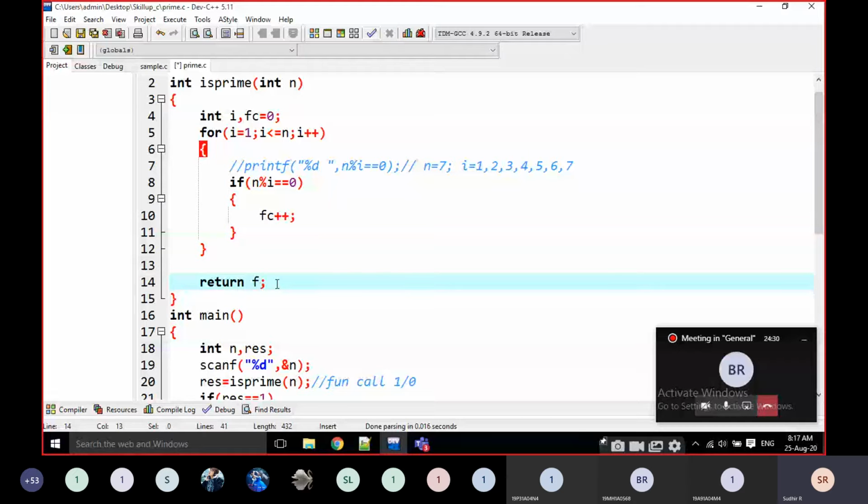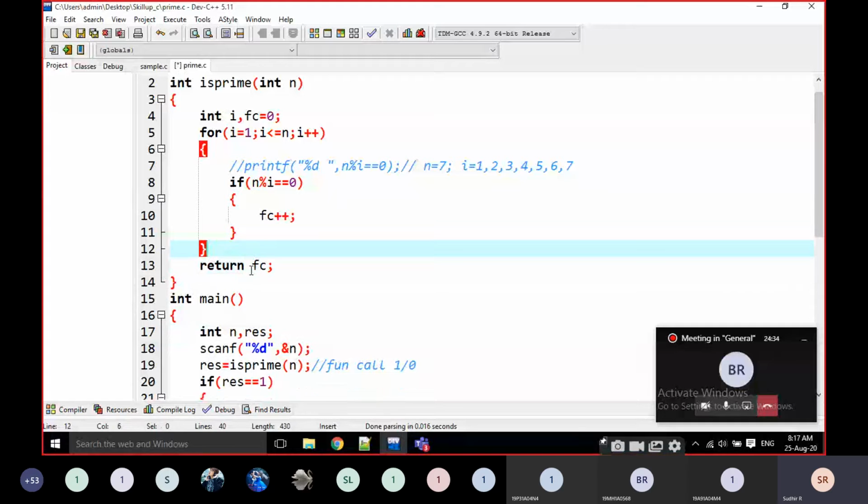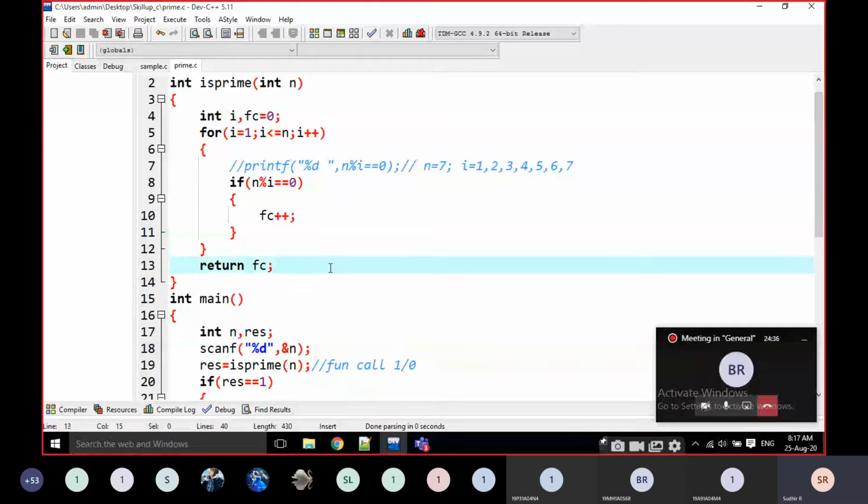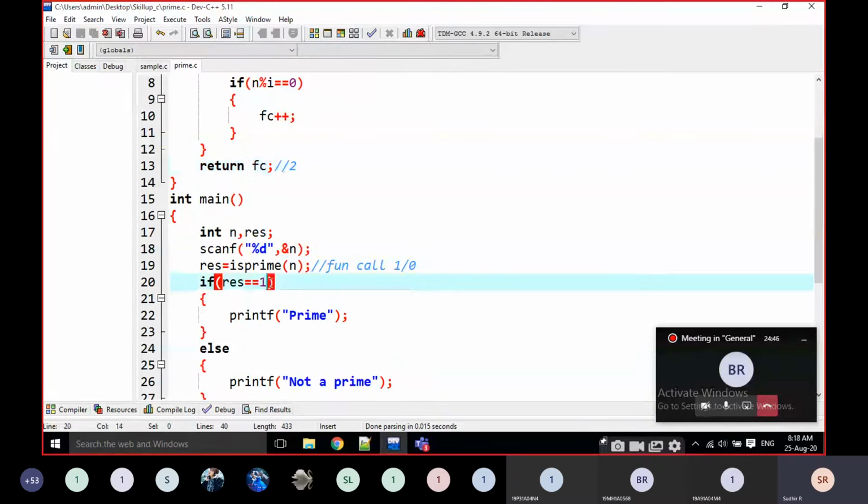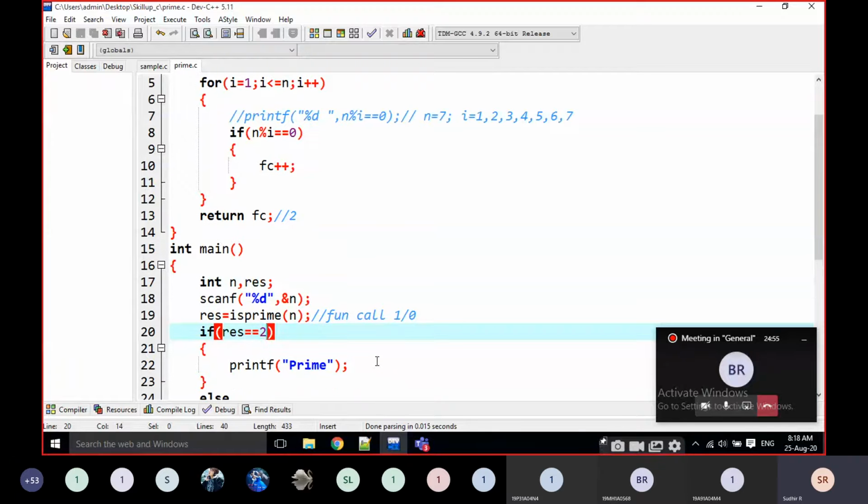If the factor count is 2, then it is called a prime number, right? Instead of writing 1 here, I am writing 2. If the result is 2, it is a prime number, else it is not a prime number.